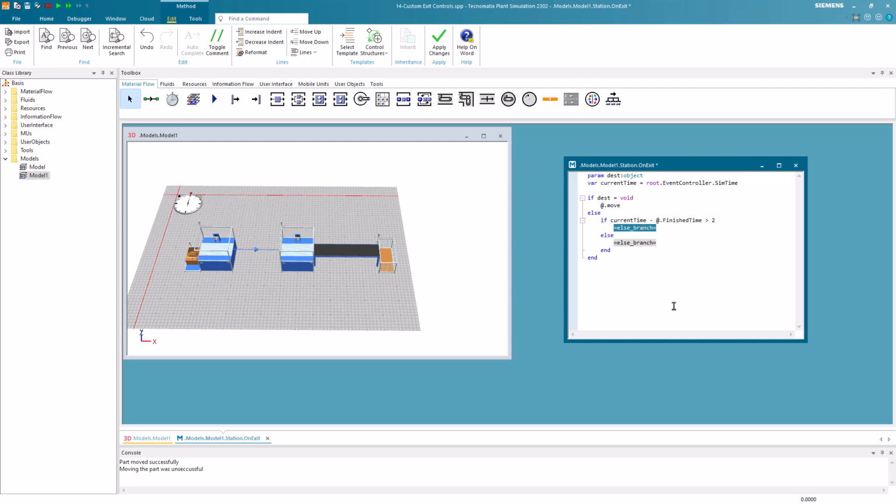In the first branch, we now enter what should happen if the part has waited longer than 2 seconds. In this case, we want the part to be processed by the current station again. So we move it to the anonymous identifier ?, which corresponds to the current station. In the second branch, we can specify what should happen if the part has waited less than 2 seconds.